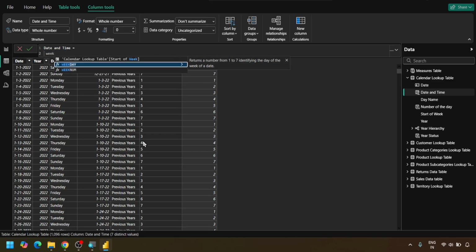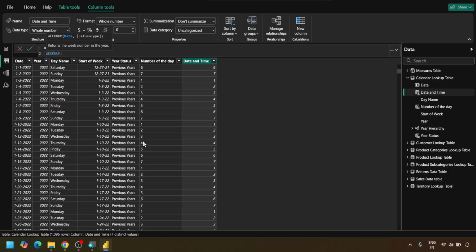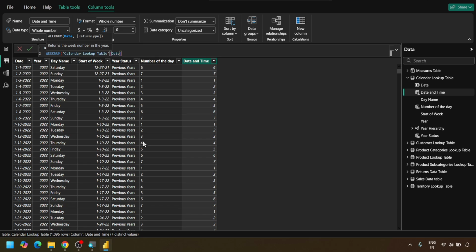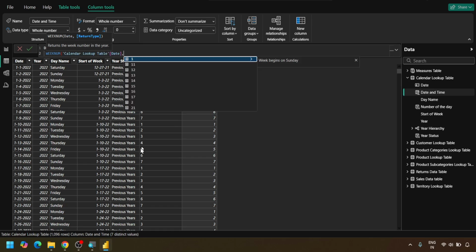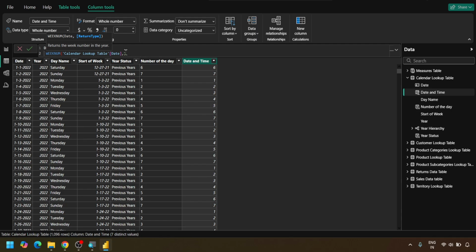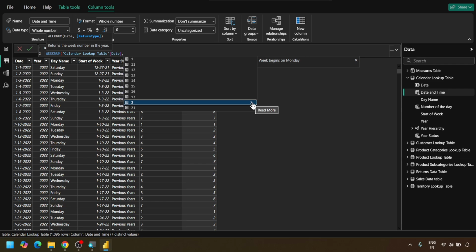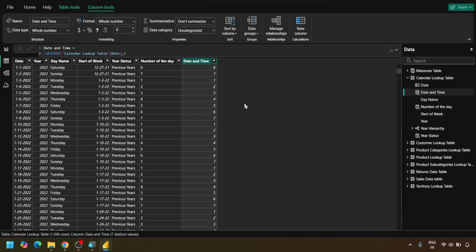So if we select week number and select our date again, based upon the selection it is asking that the week begins on Sunday and so on. So if we select 2, let's see what happens and what this tells in front of this 2. This tells that the week begins on Monday, and if we select 2 here and press enter,